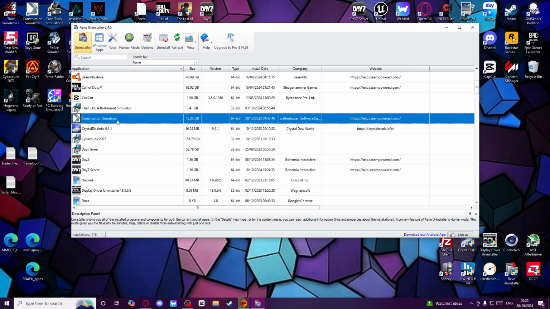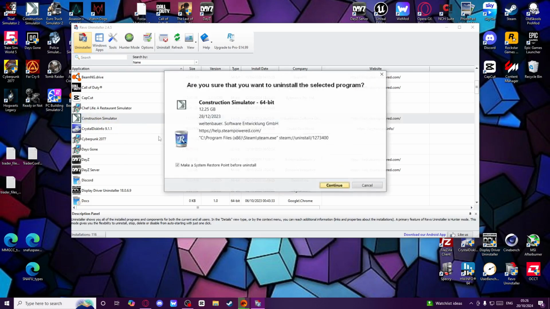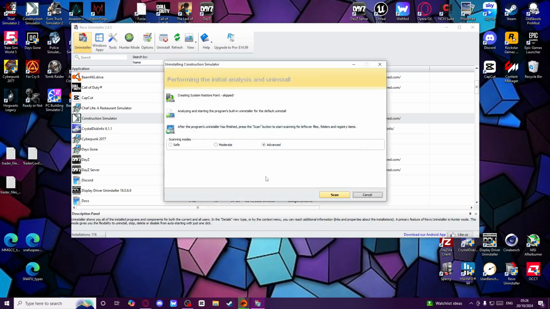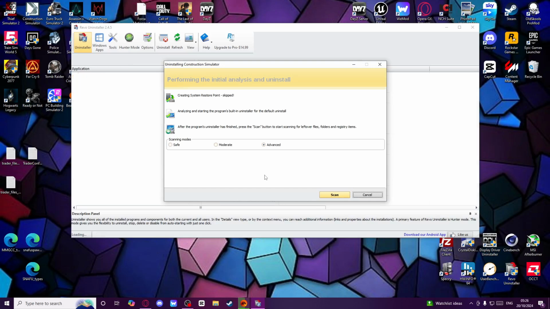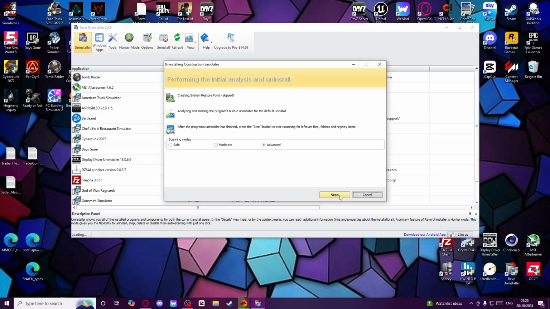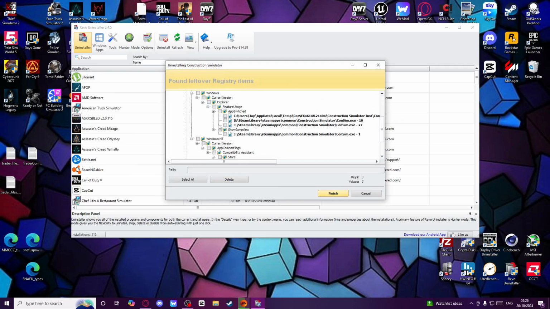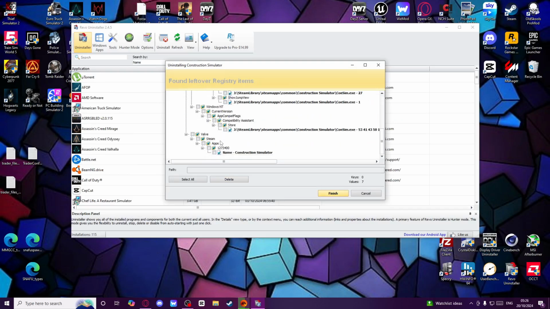like let's say Construction Simulator. Now this is obviously going to open Steam and tell me it won't install that way, which is fine. It's still uninstalled, it was there. Again, scan on advanced. There should be a few more files on this because I played this quite a lot. Like yeah, look at all these files that the game and Steam have left behind in the system,